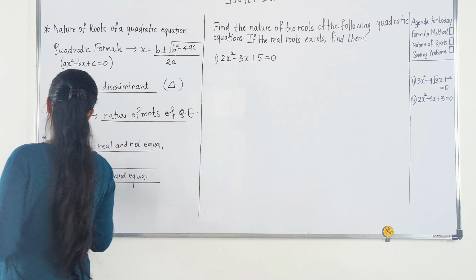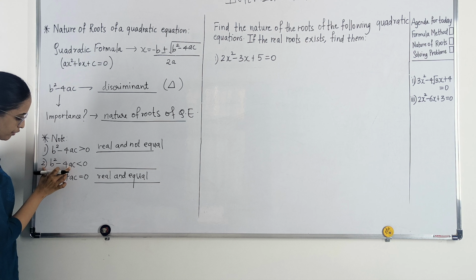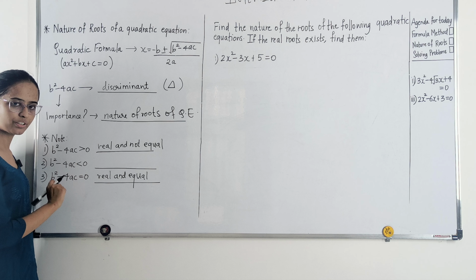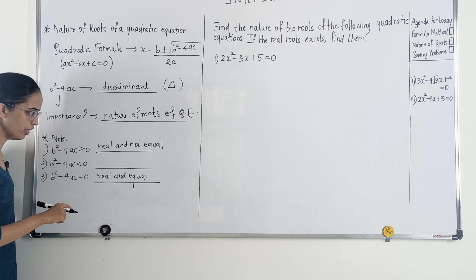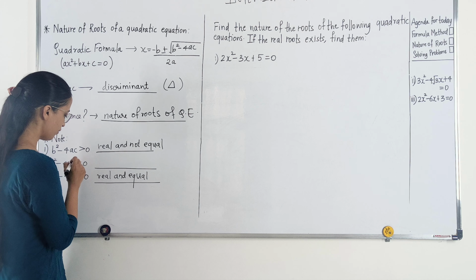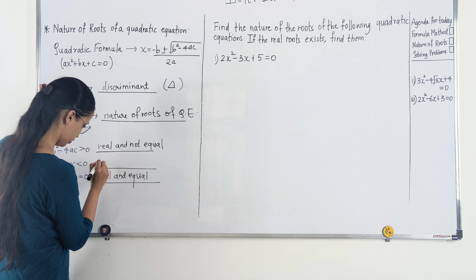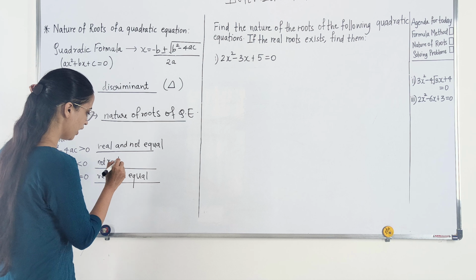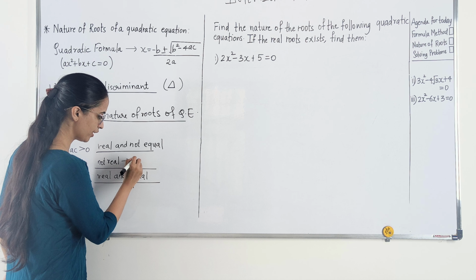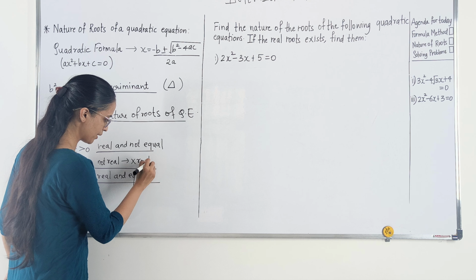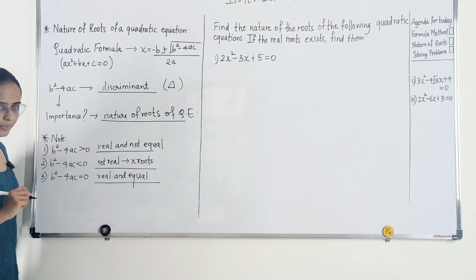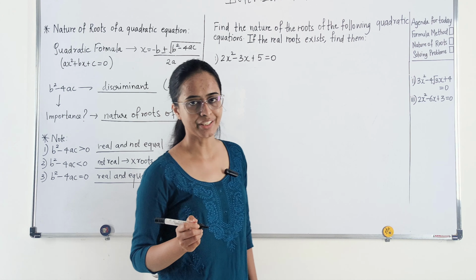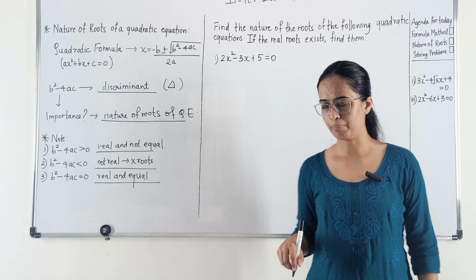Now, again here if you see, in the case where your b square minus 4ac is less than 0, where the discriminant is a negative number, in that case the values would not be real, so the roots would not be real, and that is why you wouldn't get roots for these types of equations. So whenever the value for the discriminant is less than 0, meaning it is a negative number, it means